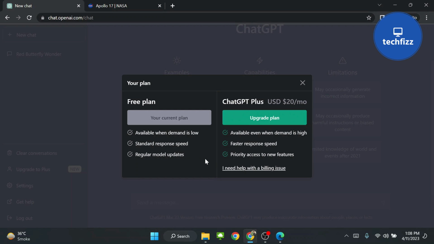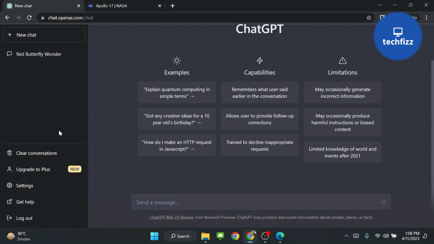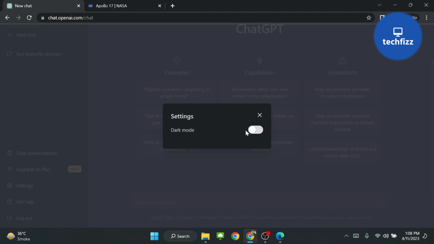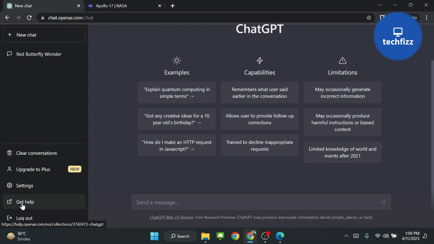You can upgrade it, and we get priority access to new features, available even when there is high demand. Currently we are on the free plan only. We have these settings here, which are for dark mode only currently, whether you want dark mode or not, plus help, support, and then the logout option.